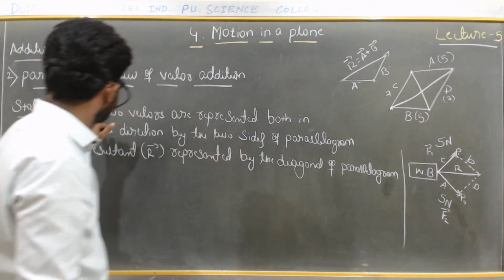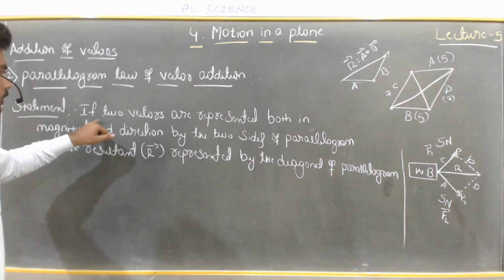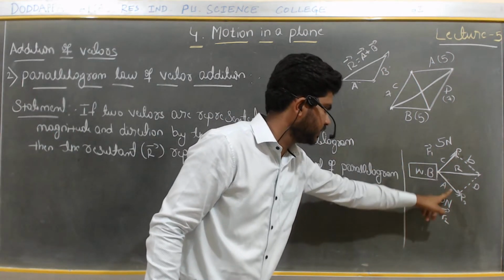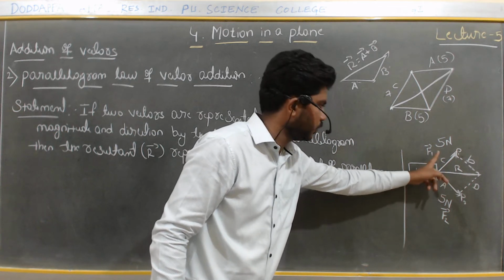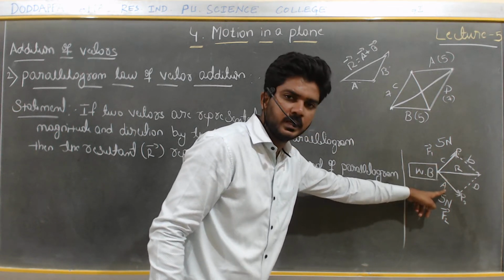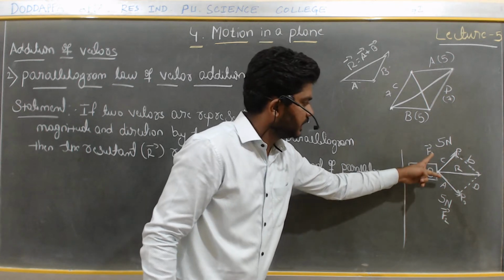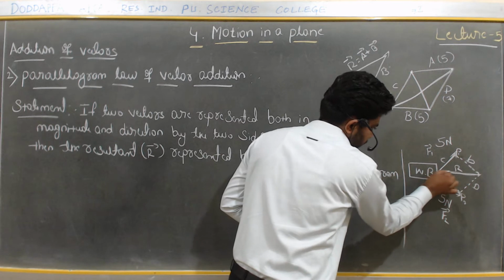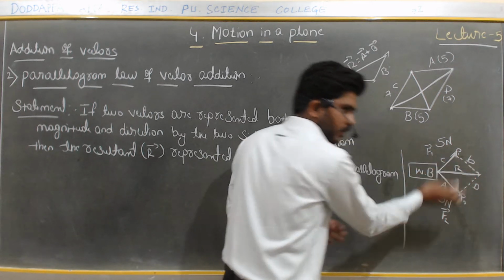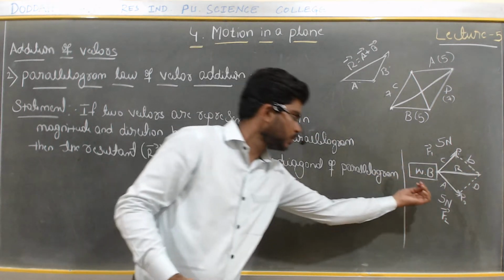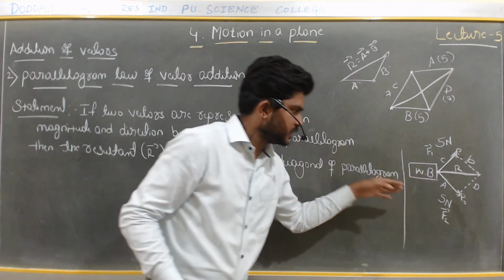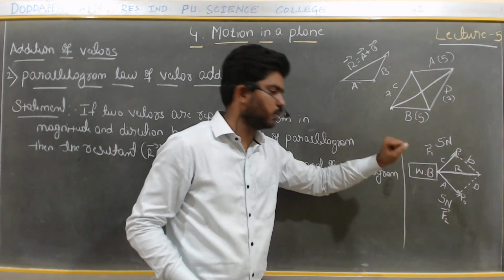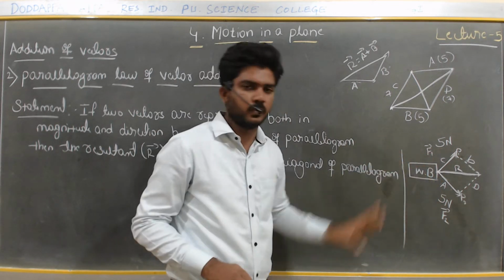Did you understand what the statement says? If two vectors are represented, two vectors F1 and F2, on two sides, one this side and another this side, which vector gives the resultant of these two? The diagonal. It does not move in this direction; moving means we are getting the result from this wooden block. If it is moving, then we can say that yes, we are getting some result from this wooden block after applying some force.